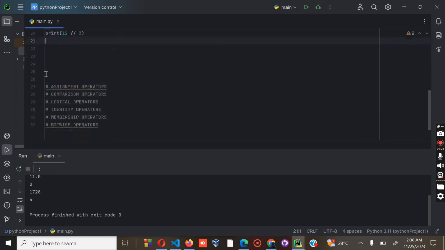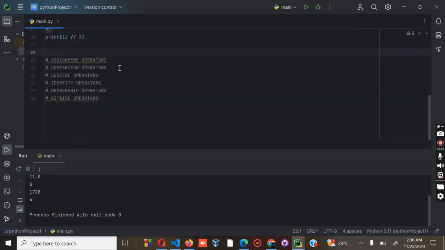Let's move to the assignment operator. And for the assignment operator, we will look at equal, plus equal, minus equal, among others. We have so many, so we are not going to dive into all of them because the most important part from this one is to have a hint on how to go about it. For example, for this one,